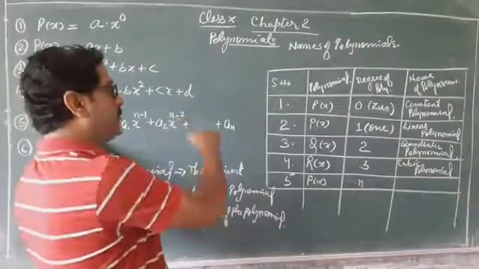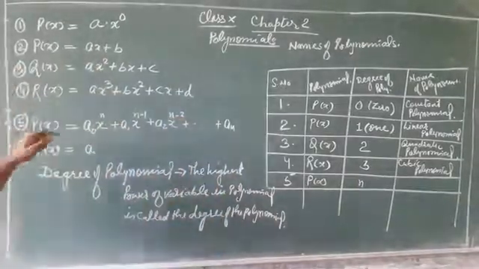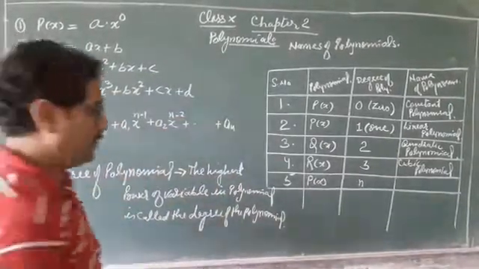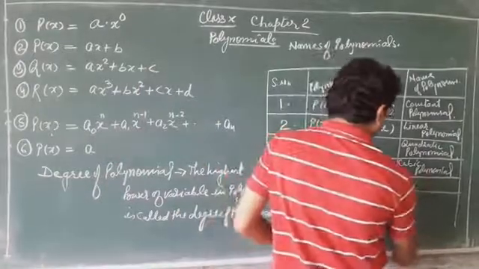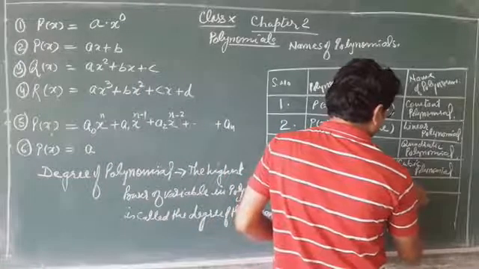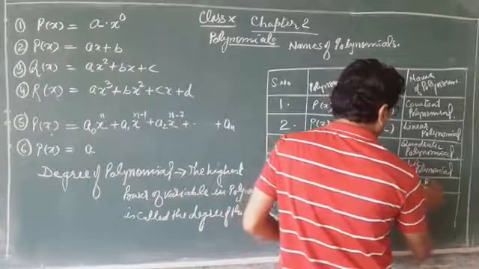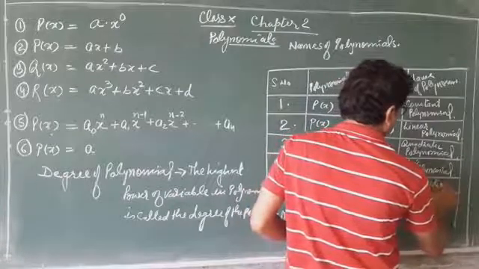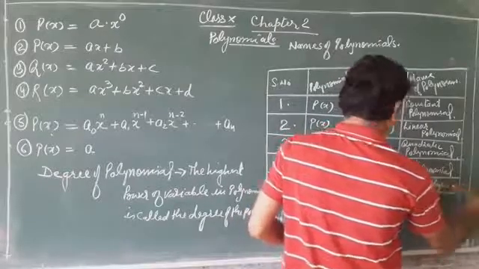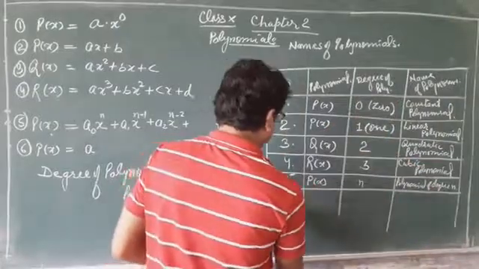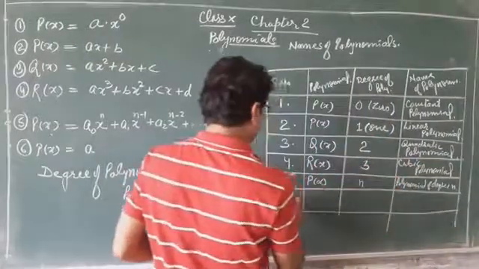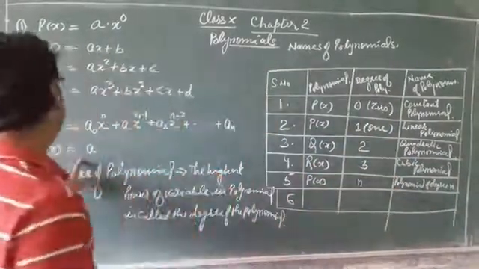The name of this polynomial, we call it a polynomial of degree n. And the last one is same as first,